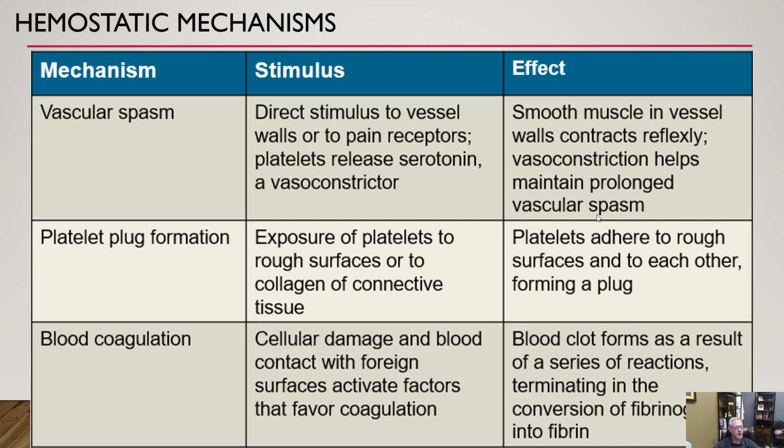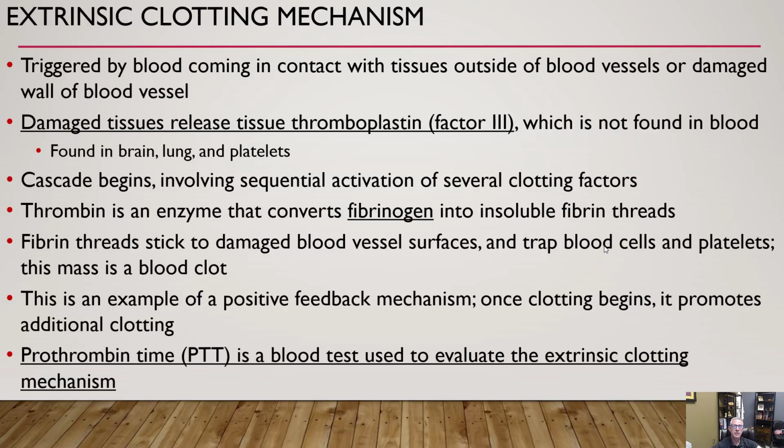And then we have our 3 steps: our vascular spasm with our serotonin, and then we have our platelet plug that comes in, where platelets bind to the rough surfaces or to the collagen. And then we have our blood coagulation, and those are our coagulation factors that we'll talk about that we haven't discussed yet. So the first part that we'll talk about is the extrinsic pathway, or the extrinsic clotting